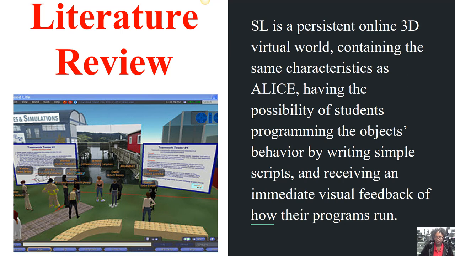So this Second Life helps students to get immediate feedback, and we all know how immediate feedback